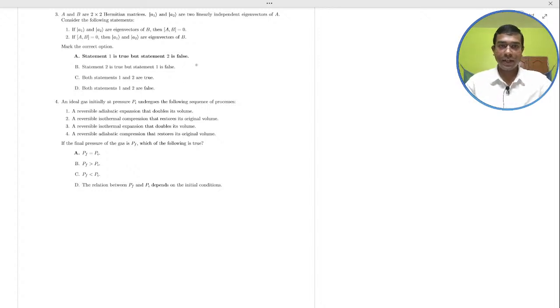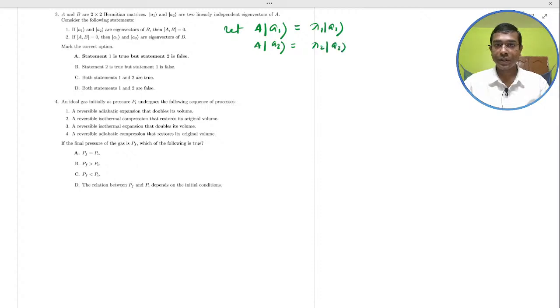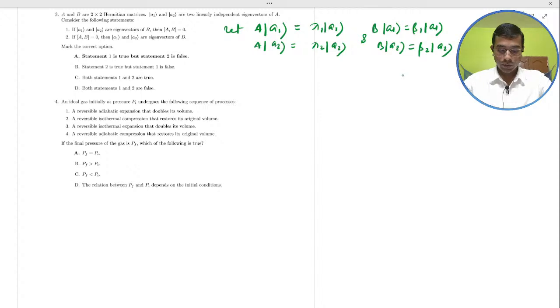So here, let A acting on A1 be equal to lambda 1 ket A1, and A acting on A2 equal to lambda 2 ket A2. And also B acting on A1 is beta 1 A1, and B acting on A2 is beta 2 A2. Okay, so now